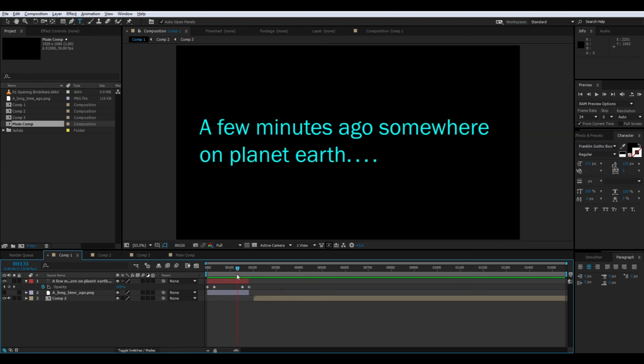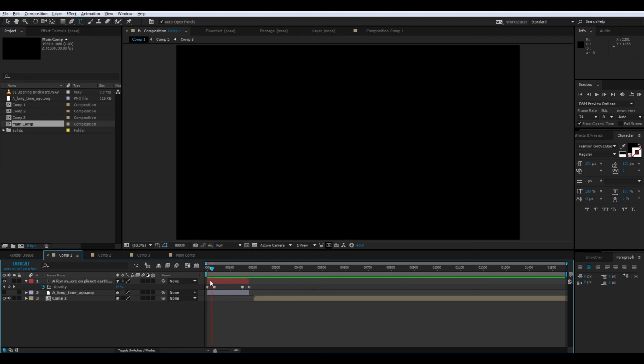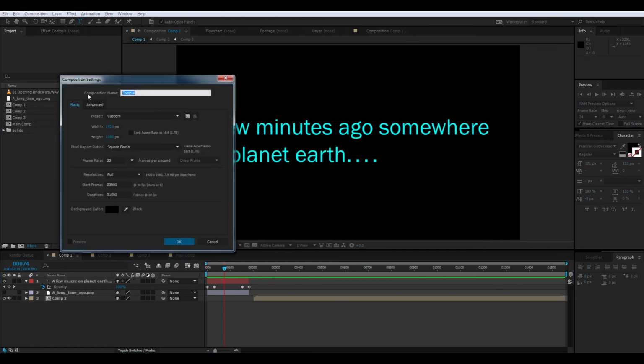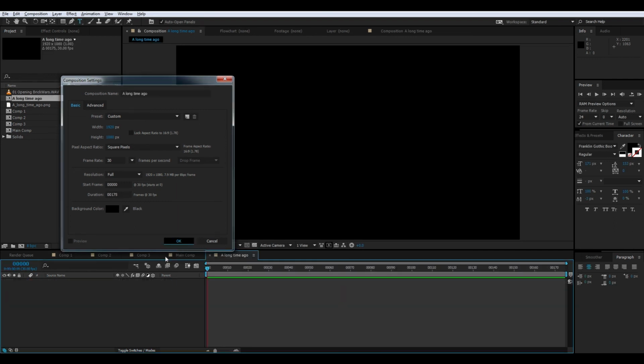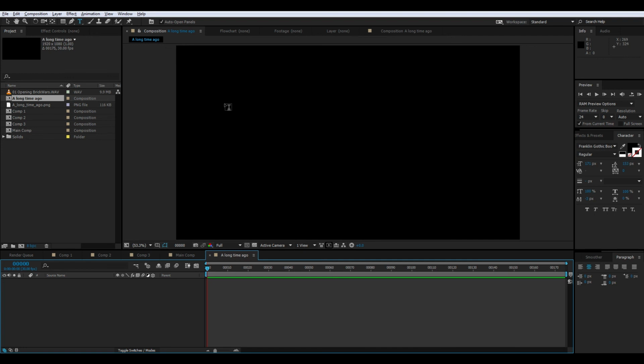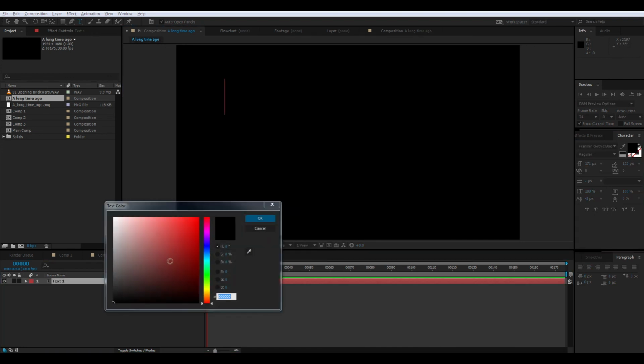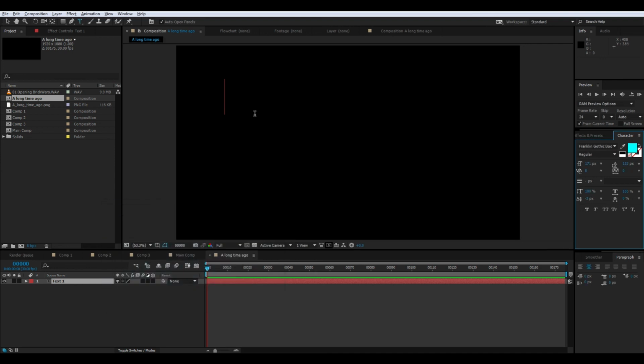So the first thing we're going to do is create this fading in right here. So let's go ahead and make a new comp. We'll call this "a long time ago." And we're just going to make it about 175 frames. So let's go ahead and create some text, and set our color first. So it's just simple cyan. We're going to do 256 on green, 256 on blue, and nothing on red. And we should get a pretty good